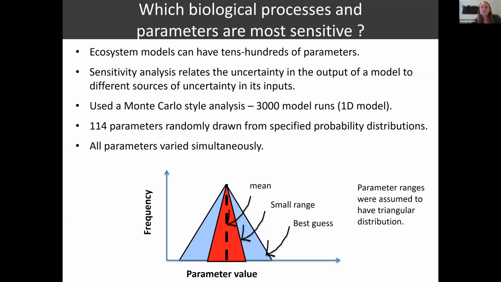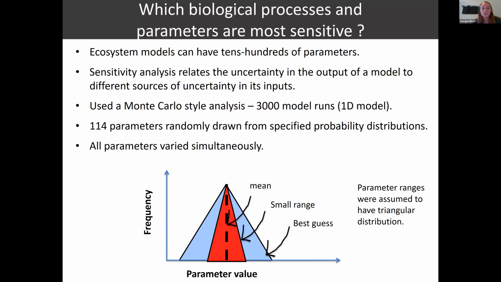So I'm just going to briefly touch on some sensitivity analysis. And actually, Yvette, this is the stuff that you were involved in a long time ago. This is a sensitivity analysis we did on a one-dimensional version of the Bering Sea model that I just showed you. Every one of these models has tens to hundreds of parameters behind the black box.